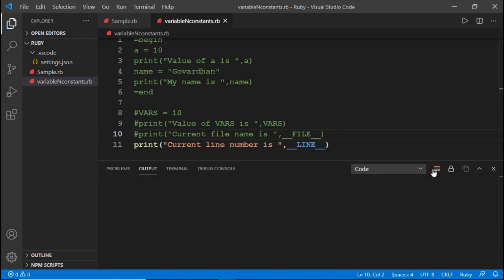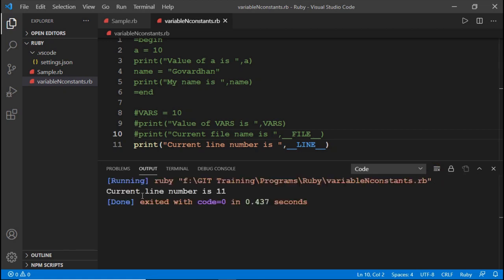Run it. See here, current line number is 11. That means where we print the line number, it is printed at line number 11, and that is printed on the output screen.